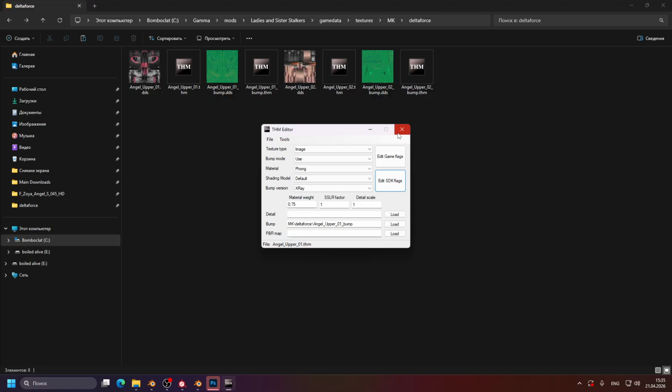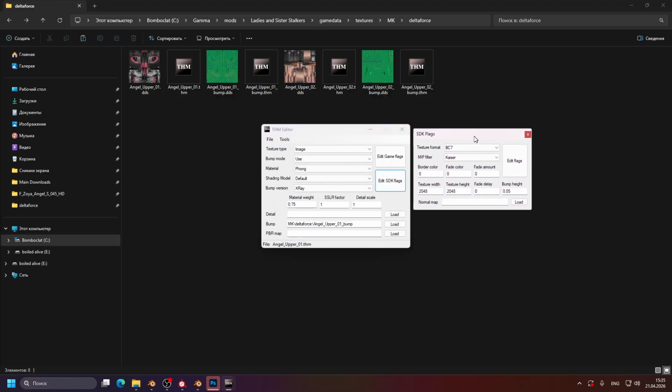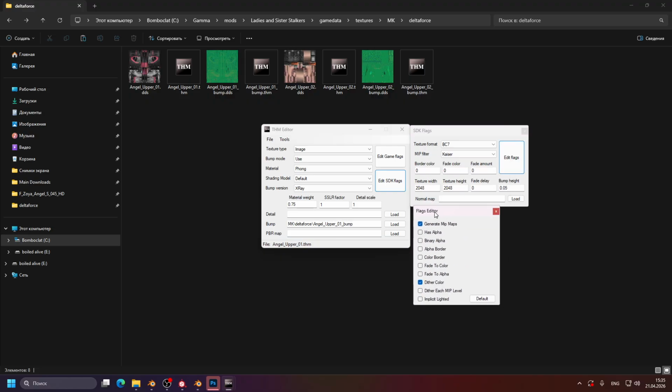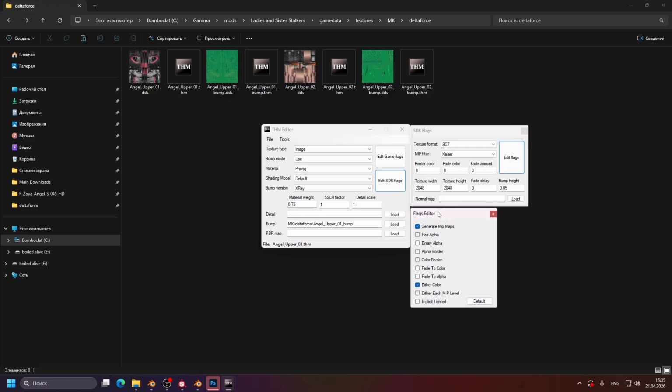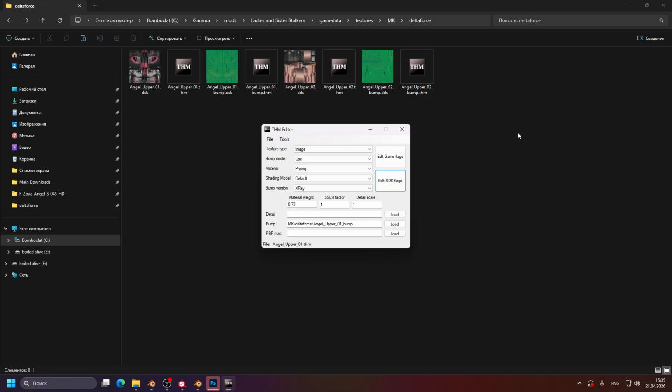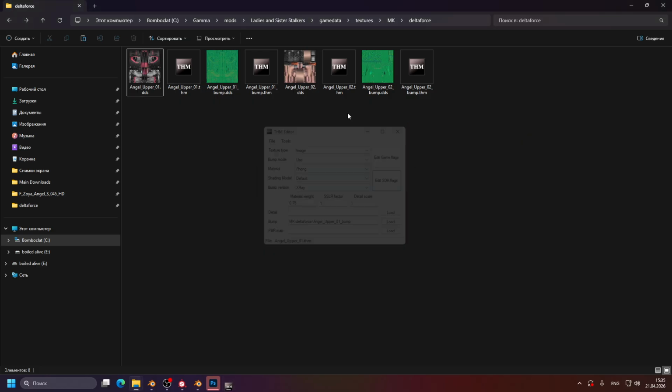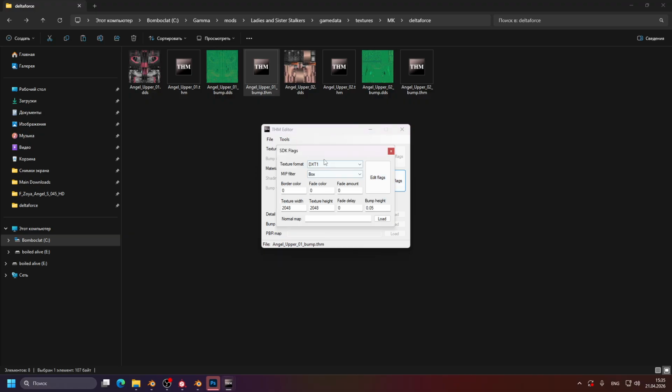Make the THM now. As the setup for SDK, you can go for this, or if you want to, you can change the texture format to DXT5. Save this, it is for the color. Generate mip maps, do the color, no alphas. You're good to go. Save as. Now, for the bumps, you go for basically the same DXT5, the MIP filter is Kaiser, but